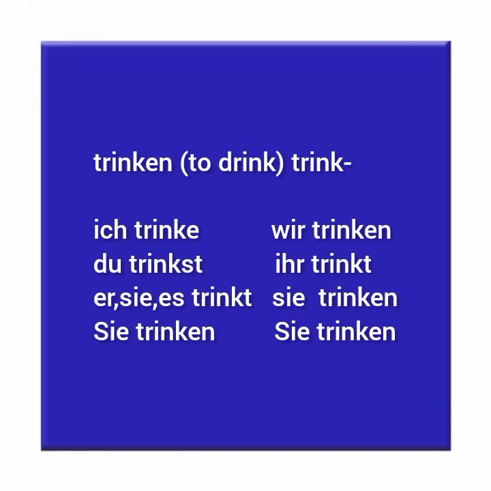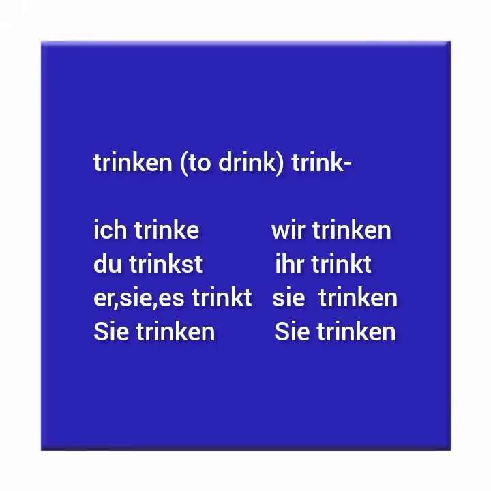Now, you can see trinken, the original verb, ends in en. You are told the first thing when given a verb is remove the ending en or n to get the verb stem. So in trinken, if I remove the ending en, I remain with trink. So I proceed to add the endings as we've seen above. So ich trinke. Ich trinke, which now means I am drinking or I drink.